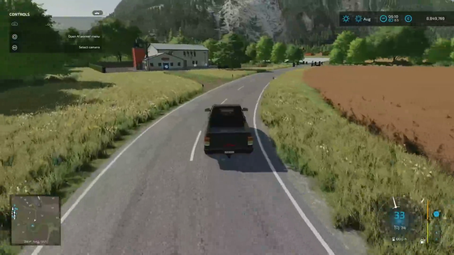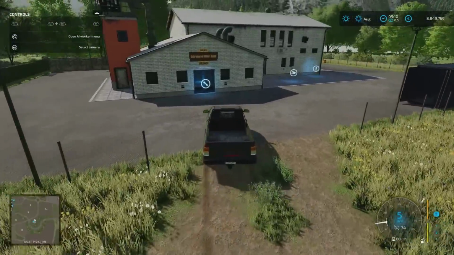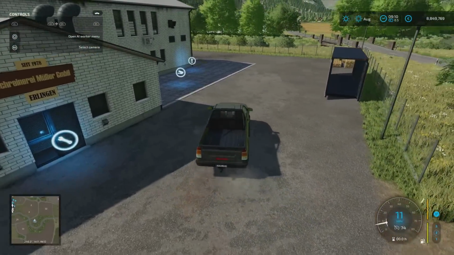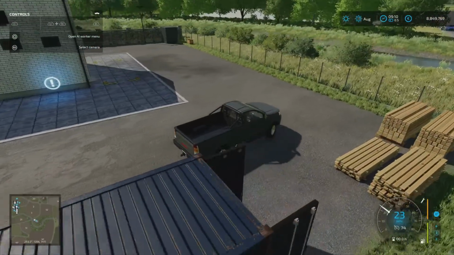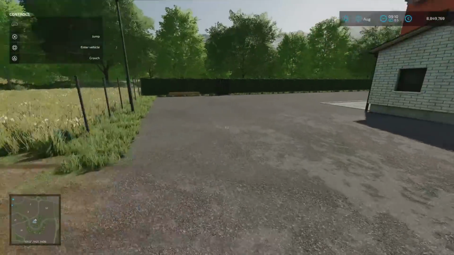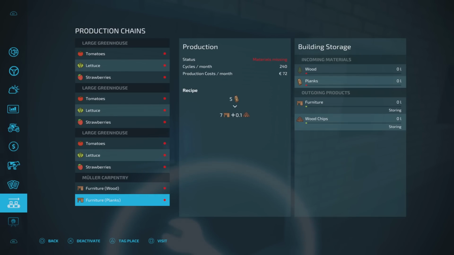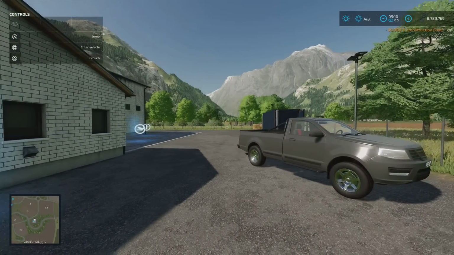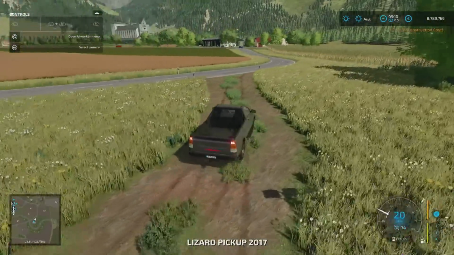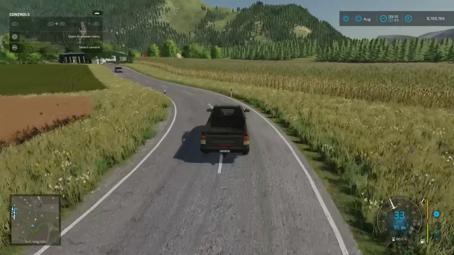So we've got the Müller carpentry just here. As I said, standard. I have got Platinum Expansion or Platinum Edition installed. So what I'm going to do is just double check this, because I didn't when I did my tour. So I just want to see. Furniture wood, furniture planks. I'll do the same at the sawmill just to double check. I don't think it's platinum expansion, I say compatible. Of course you can put any platinum expansion stuff on there out of the pack, but I mean kind of